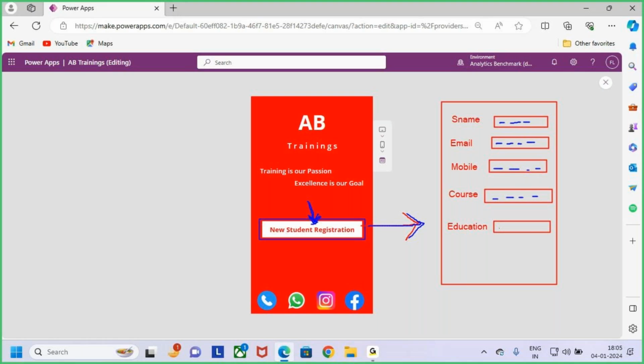And what is the educational background of that student? He needs to enter the education, the graduation. Once after filling all these fields, next at the bottom I want to keep one button, guys. At the bottom I want to keep one submit button. So when I click on this submit button, whatever data we are entering here, the student details,